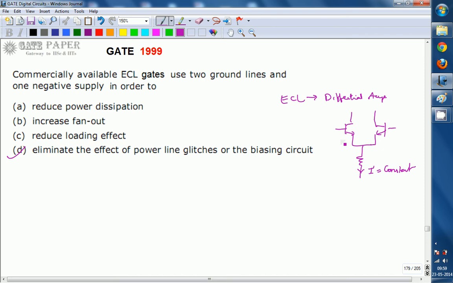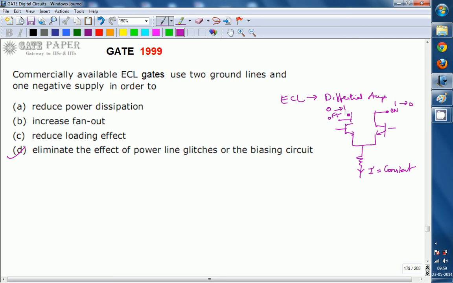Let us assume this is the output. If it is in the on state, at that time this transistor will be in the off state. That is logic 1 and this will be treated as logic 0. Otherwise, if this is going towards 0, by that time this will be coming towards 1. So these are the logic states you get at the outputs of both transistors in a differential amplifier. Irrespective of the logic levels at the outputs of those transistors, the differential amplifier always draws a constant current even during the transition from one state to the other.